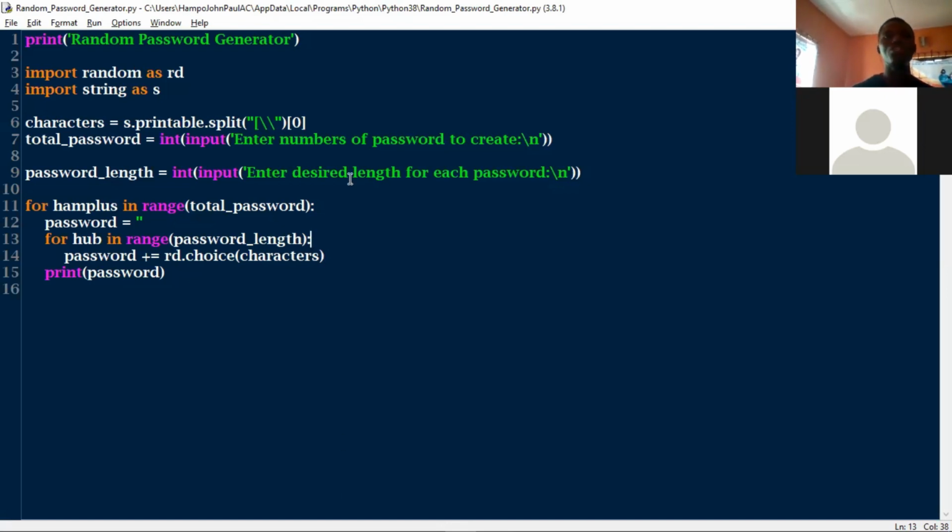Now, if we should type string.printable, it gives us a list of characters that is printable. But when we specify the dot split, it means that it should split at this particular location and give us the first index in the list. So when this is executed,